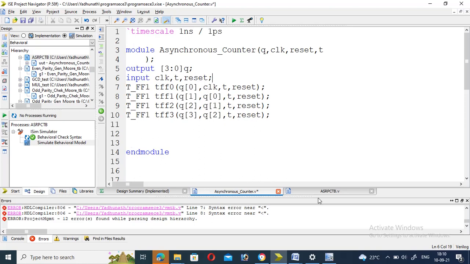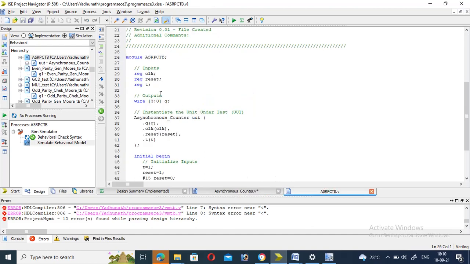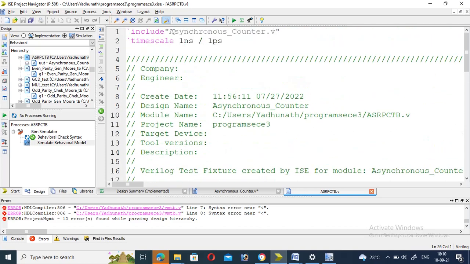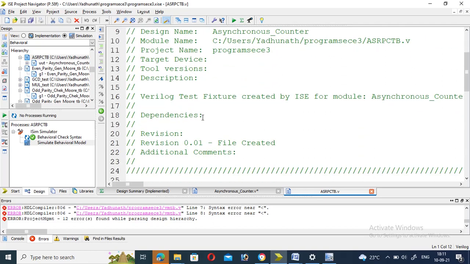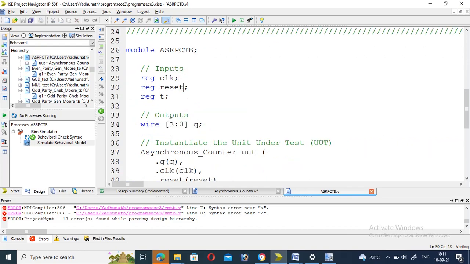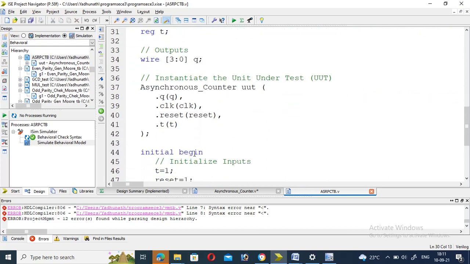So for that purpose let us see the asynchronous flip flop. This is a test bench for this one. Basically, remaining all is the same as the asynchronous counter. The module name, whatever file name we are using, should be mentioned the same as the previous module program. Then come to the test bench name, input declarations, output declaration, UUT name, then